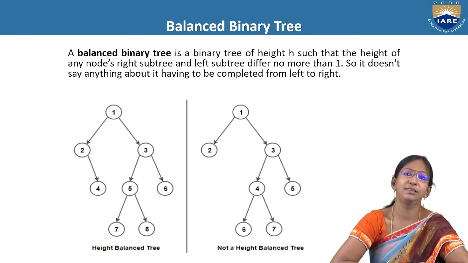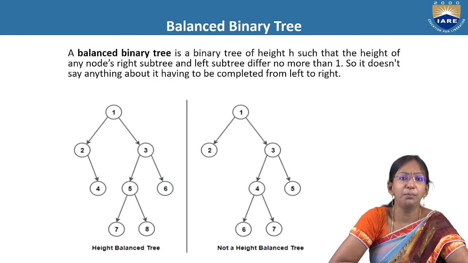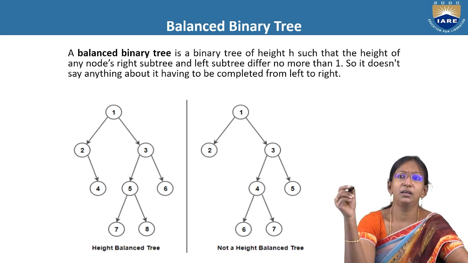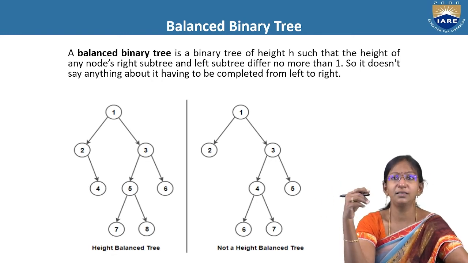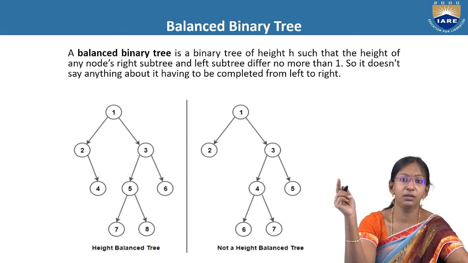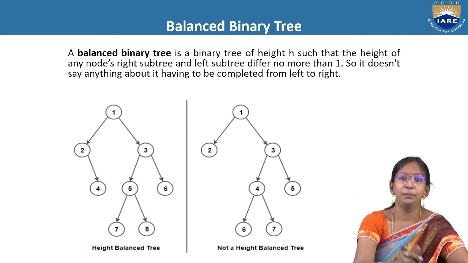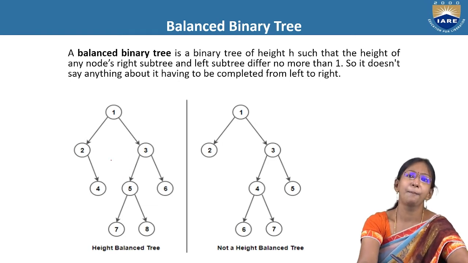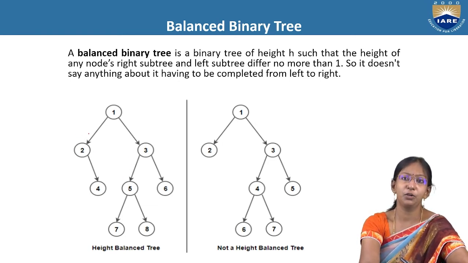Coming to balanced binary trees. A balanced binary tree is a tree in which the height of any node's right subtree and left subtree differ by 1 or 0, but not more than 1. For example, have a look at the left side figure where the height of the left subtree of 1 is 2,